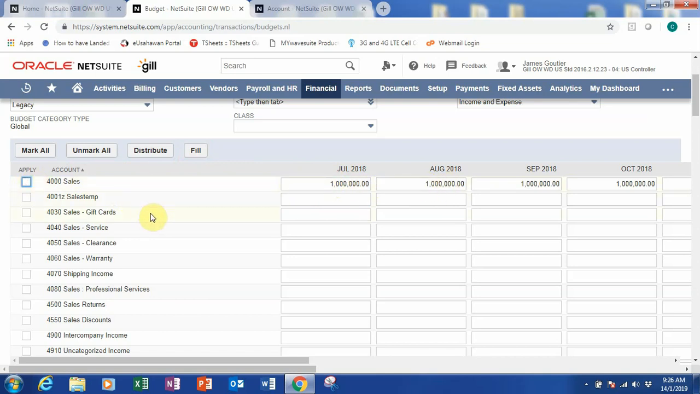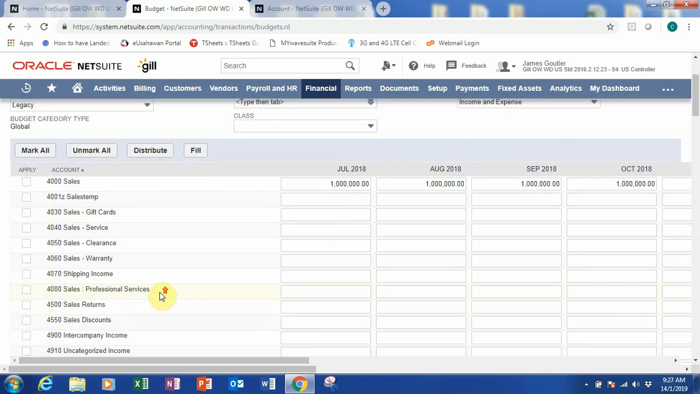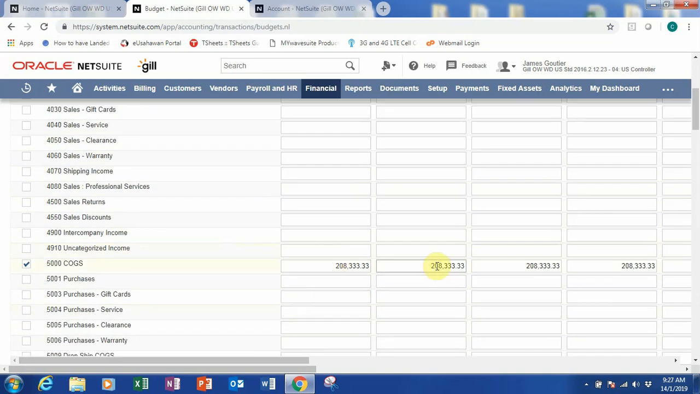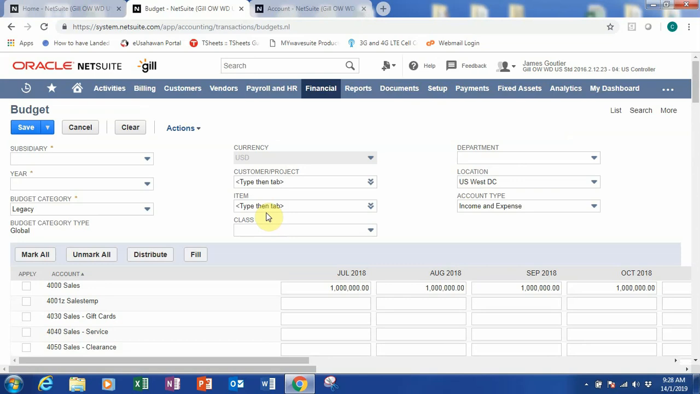So how about my cost of goods sold? Let's say my cost of goods sold for a year, I want it to be 2.5 million. I want to distribute it throughout the year. So let me click on distribute, and then it will split this 2.5 million to every month instead. So it's very easy and useful to use, that you can just fill or distribute your amount here to all of your budgeting item. Okay, so this is for budgeting,